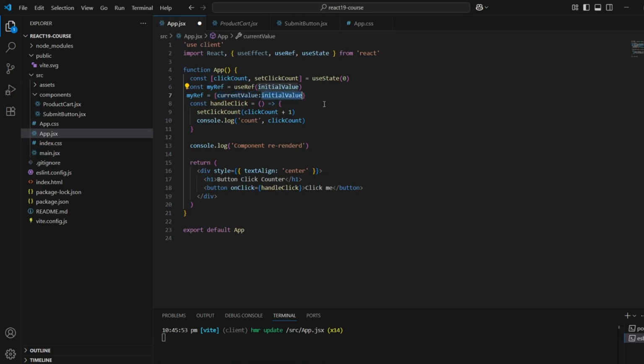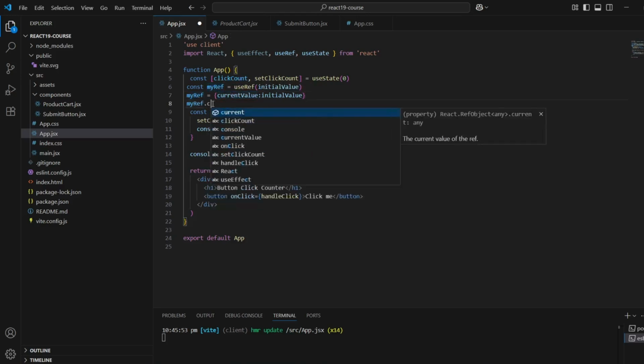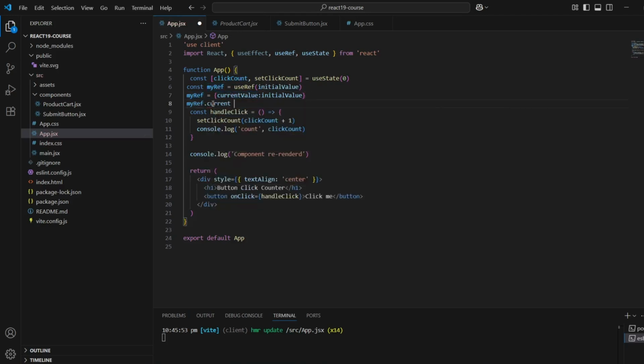Now you can update this ref value using myRef.current equal to the new value. This is the syntax to create a ref.